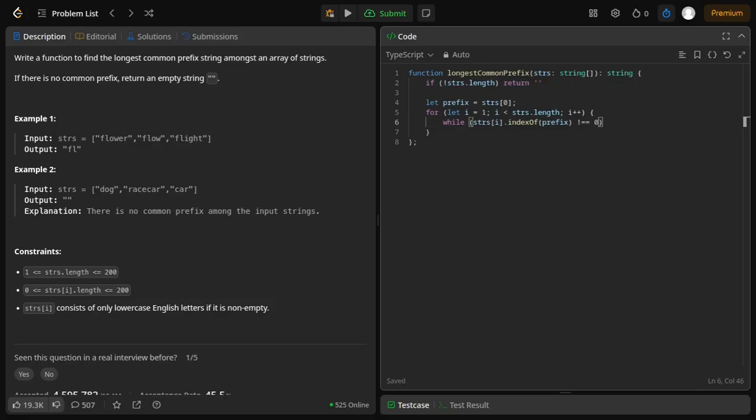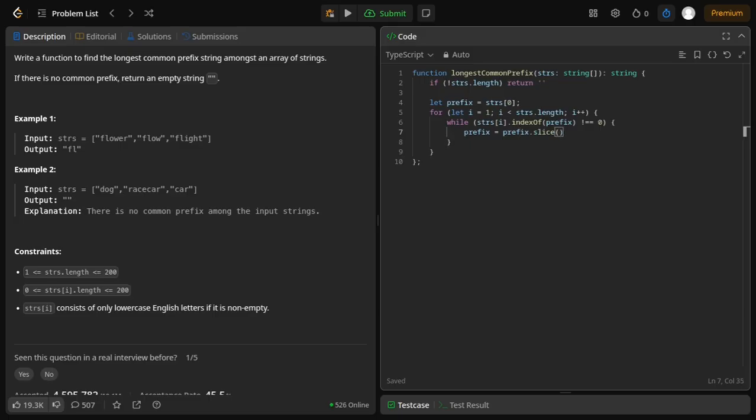If it's not 0, like the one I demonstrated earlier on the MDN web docs, if it's -1, which is not 0, then they are not compatible. If they have some similarities, we can continue the while loop. If it is not, then we can mutate the prefix let variable with the new prefix,